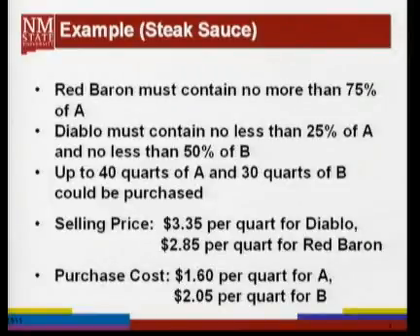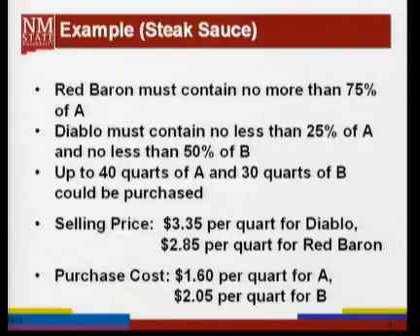The restrictions are: Red Baron must contain no more than 75% of A, and Diablo must contain no less than 25% of A, and no less than 50% of B, and up to 40 quarts of A and 30 quarts of B could